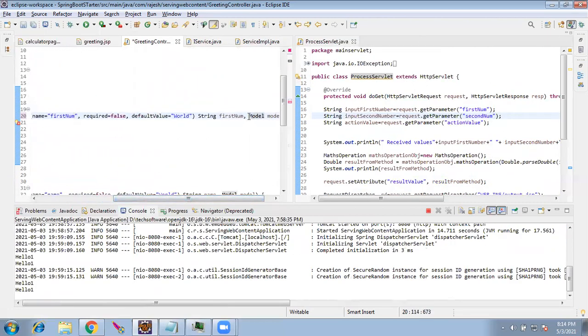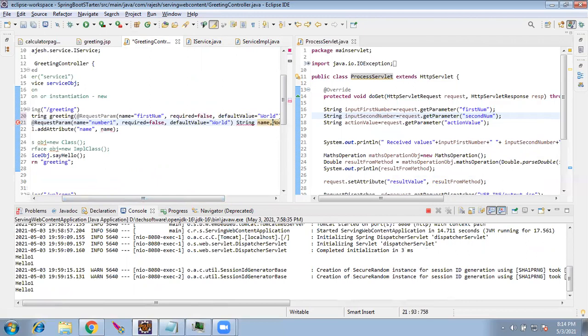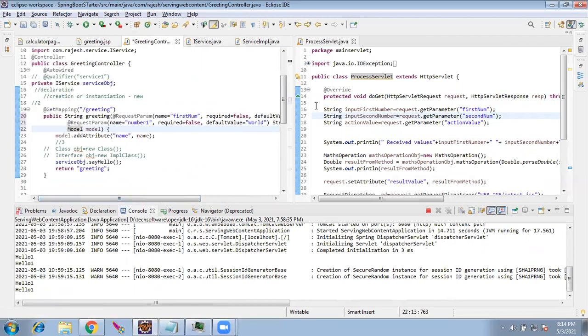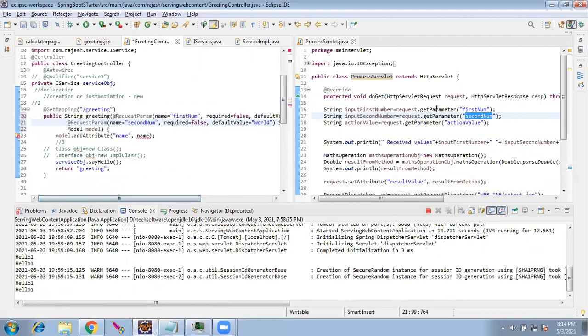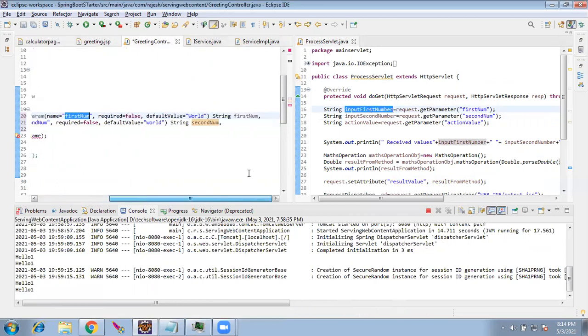Now I'll hit enter and paste one more time. Here it is, second number. First number, second number, and I'm storing it as second number. This is the same as retrieving from request.getParameter. From the request parameter, I retrieve using the keyword first num, and I assign it inside the variable, a string input first number. Here I am assigning inside the variable, same, I'll use first number.